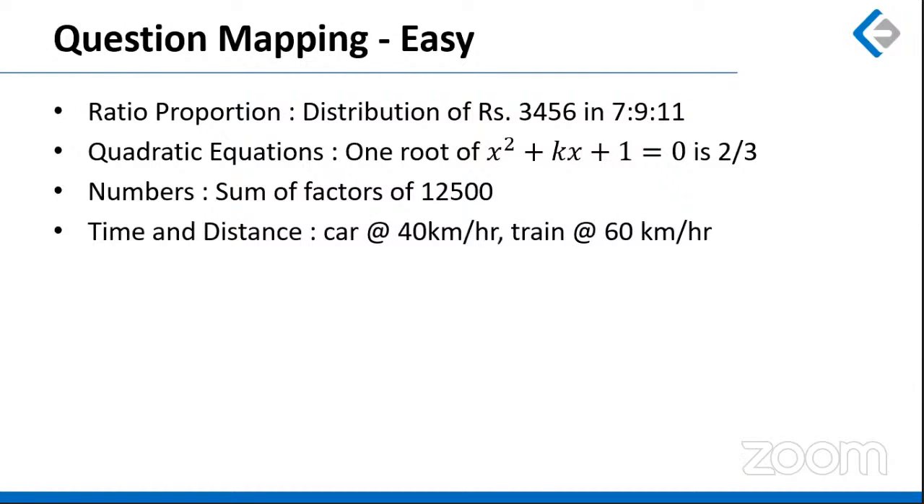A question based on time, speed, and distance, where a car and a train were traveling in a perpendicular direction. The angle between them was 90. The speed of the car was 40, and the speed of the train was 60. We had to find out the rate at which the diagonal distance keeps on increasing between them. So we simply apply Pythagoras, and the hypotenuse measure will be the rate of change in the